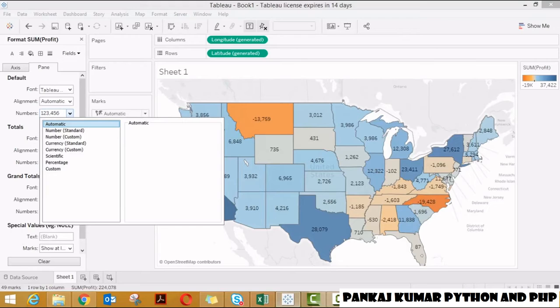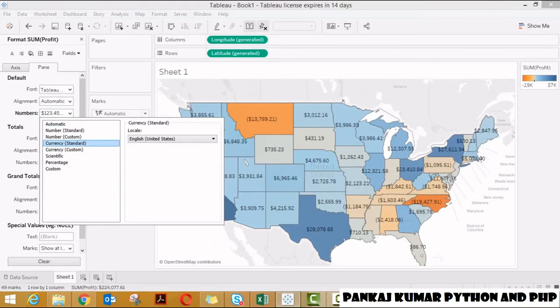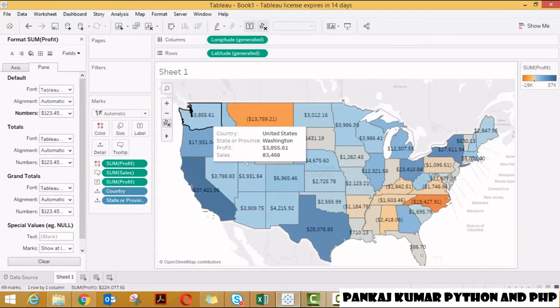And suppose if you want the numbers category to be currency, then you can choose it instead of generic or standard. So guys, look at this, it comes into dollars. It means $3,855.61.